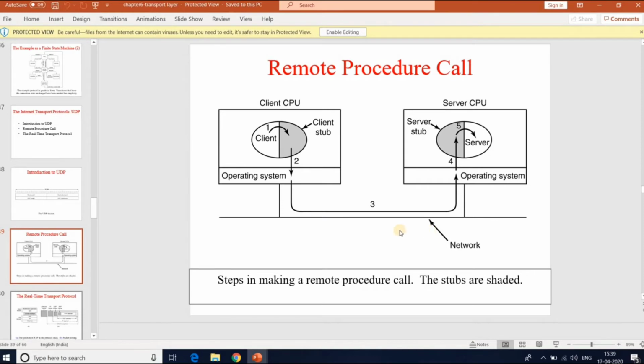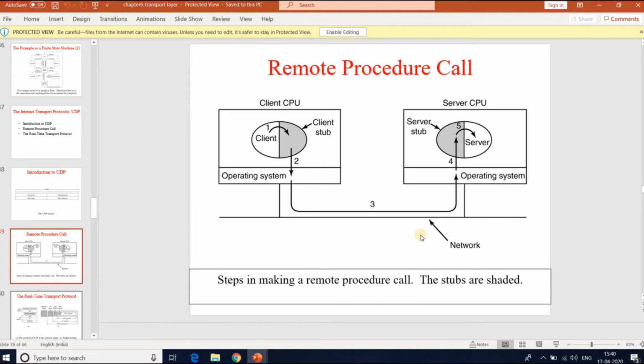A called procedure or caller can use a pointer in the same virtual address space. That means when the client and server are running on the same system, in the same virtual address space, there is no problem for the called procedure as well as the caller procedure using a pointer. But passing a pointer with a remote procedure call is impossible because client and server are running in different address spaces.